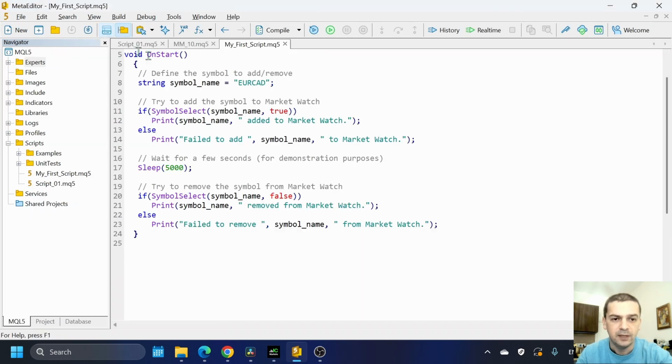If I go to MetaEditor, you can see here that I've defined the symbol name, and if this SymbolSelect is successful and this parameter is set to true, this symbol will be added to my MarketWatch. Otherwise, I'll get this print statement that says failed to add the symbol name to MarketWatch. And I'd like to sleep for 5 seconds. So the code is going to wait for a few seconds just to show you that the symbol was added to the MarketWatch. And what I do next is to remove it from the MarketWatch using a false parameter here